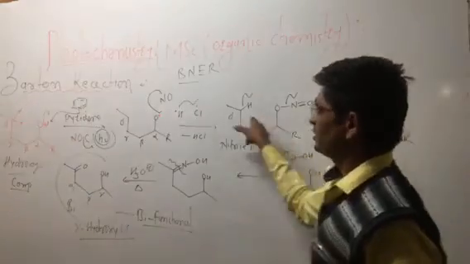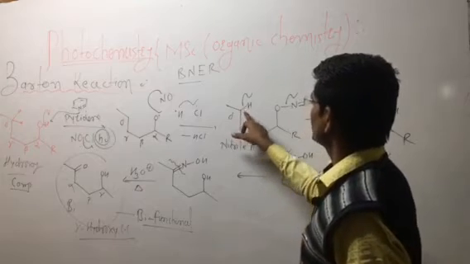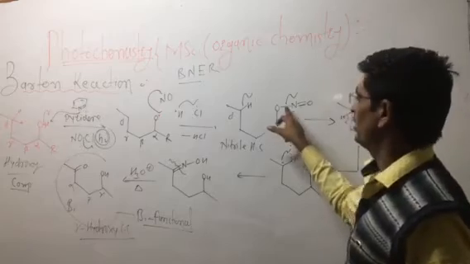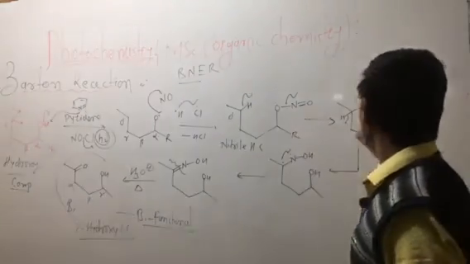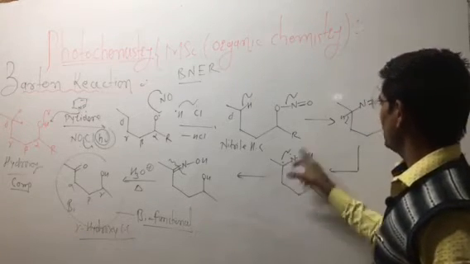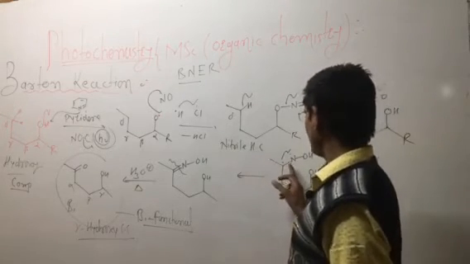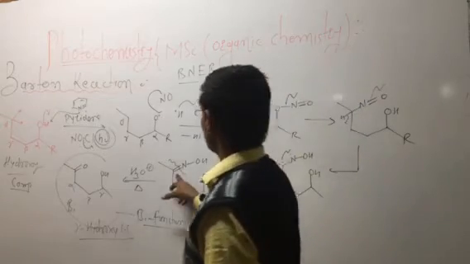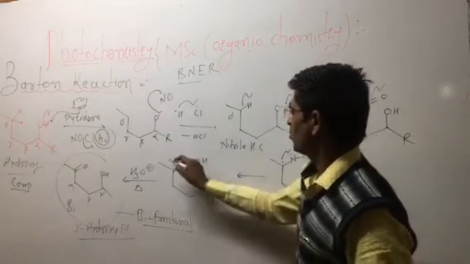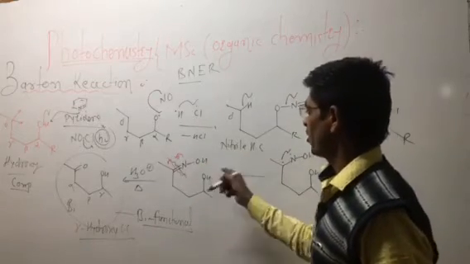The next step: the delta carbon, the carbon-hydrogen bond is broken by homolytic cleavage. At the same time the O-N bond is broken, then the H radical comes to the oxygen radical forming the hydroxy group. The carbon-hydrogen bond is broken, generating carbon and nitrogen radicals, and a bond is formed between the nitrogen and carbon. There is formation of C and OH. The last step is hydrolysis in acidic condition. Oxygen is here and the OH is here.